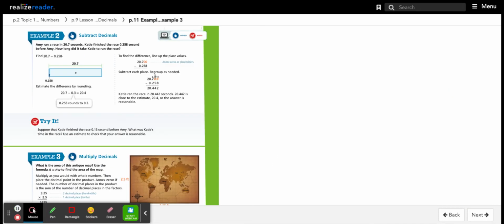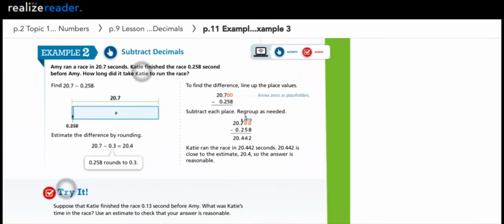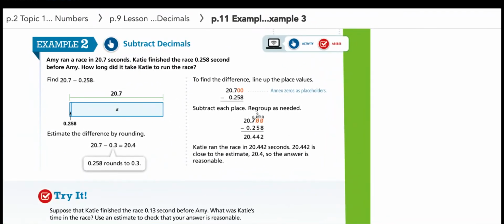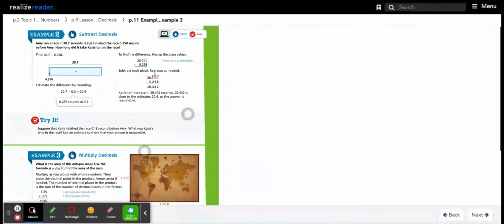Okay, now we're going to look at example 2, which is on page 11. Example 2 says, Amy ran a race in 20.7 seconds. Katie finished the race 0.258 seconds before Amy. How long did it take Katie to run the race? So thinking about this word problem, who was the faster runner? Was Amy the faster runner or Katie the faster runner? Katie's the faster runner because Katie finished the race